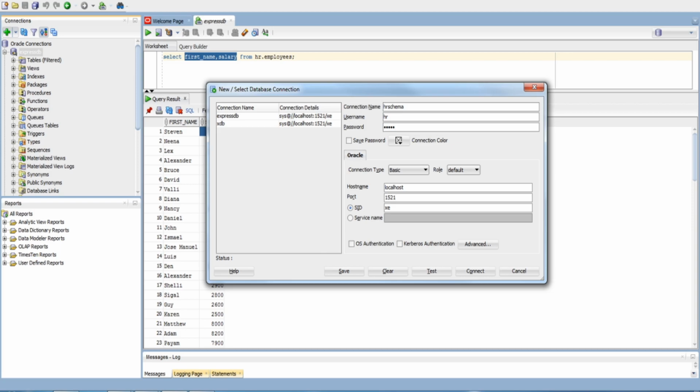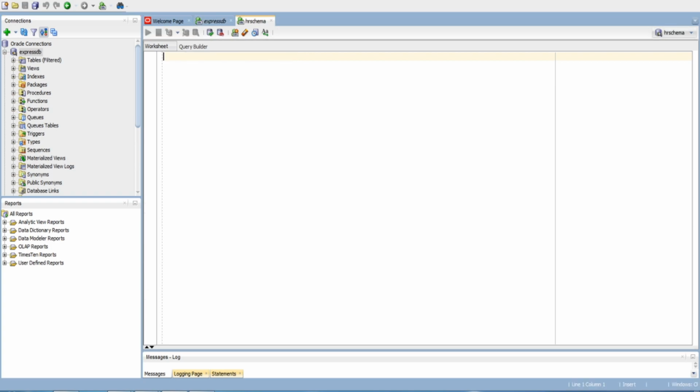Only that specific schema is being connected. Enter your host name, localhost, port number 1521, and service name XE. Test it. It was a success. Save it. You can see your connection name, and you can double click and connect. If you want to save the password, enter the password and save it, so you don't need to enter it again. Test it once again. Success. Connect it. So you connected only to the specific HR schema.